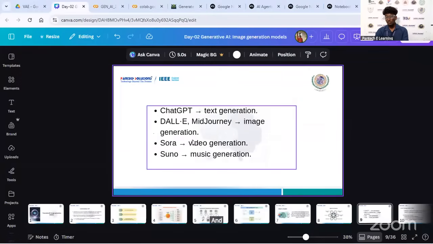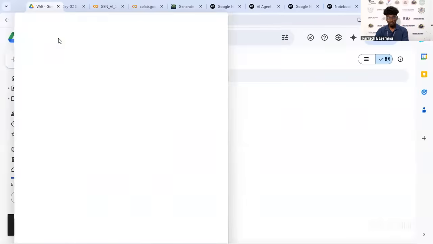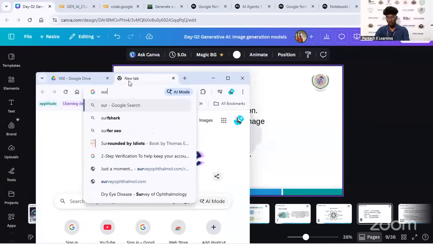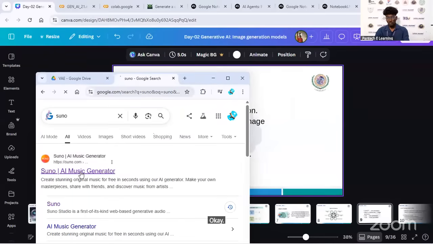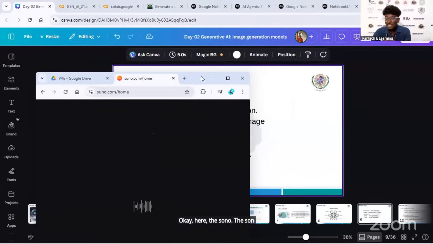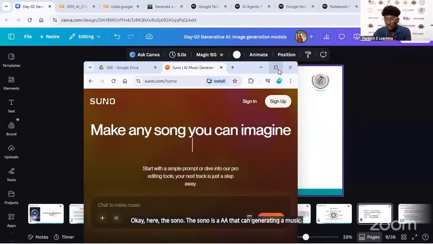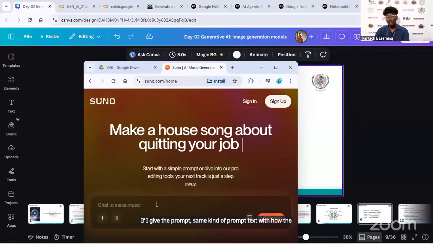And the same kind of thing with Sora and Suno. Okay, here is Suno. Suno is an AI that can generate music. If I give a prompt, the same kind of prompt text, describing how the music should sound, I just mention it here.